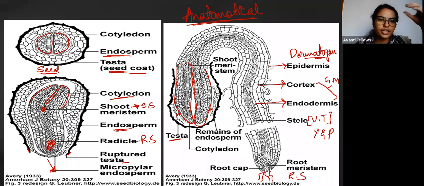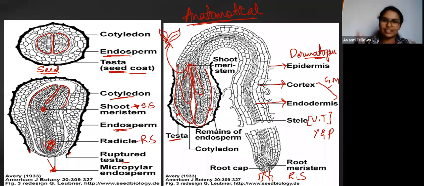दो cotyledon ऐसे झुके हैं ना बेटा, so these two cotyledons are facing down. As they grow, they will grow upward, and from here leaves will start to originate. So this will turn this side, and from here leaves will start to originate. So this is how germination happens. This is the anatomical view. I got this in some publication. I really loved the picture.